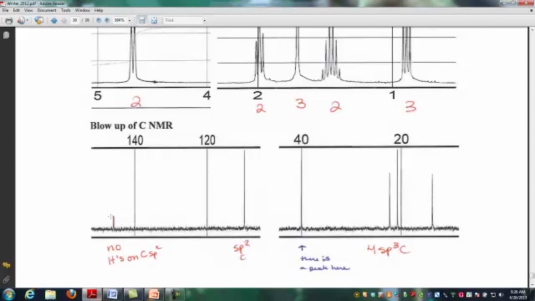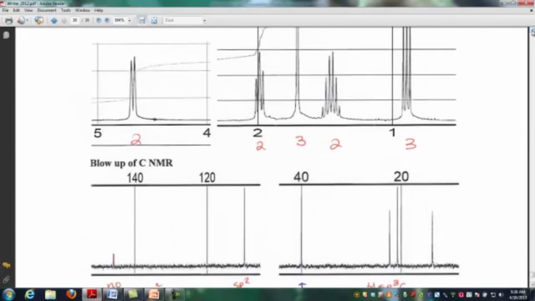This one right here, just beyond 140. And that probably tells you that there aren't any protons on that carbon. If you remember in class we said if they're short peaks, they probably don't have protons on it. And that one's significantly shorter than this one here at 110. So one of them has protons and one of them doesn't. Now, I'm being careful so I don't show you